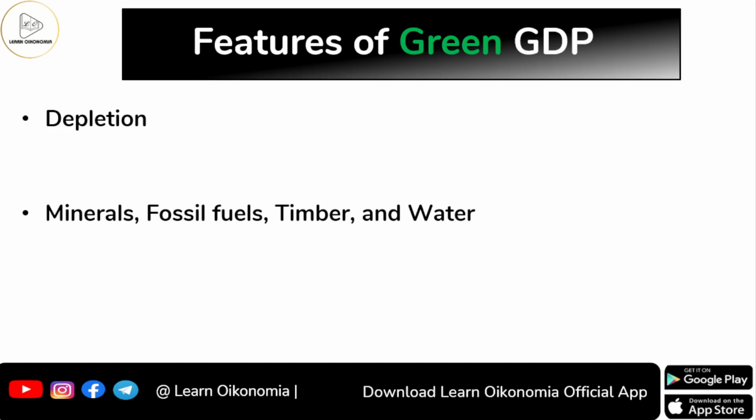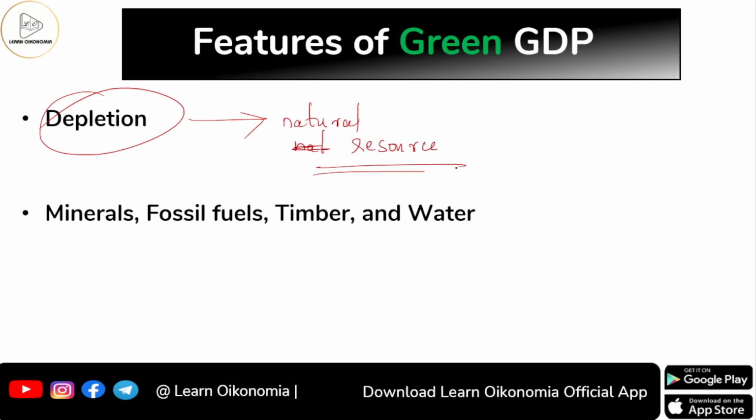Before that, it's very important to see the features of green GDP. Now we have understood the green GDP concept. Now we will see the features of green GDP. So I was telling that whenever we try to enhance production to enhance our traditional GDP, we will be causing certain depletion. So what happens? We will be depleting natural resources for one or the other reasons. This might not be sometimes deliberate, but it happens whenever we go for production.